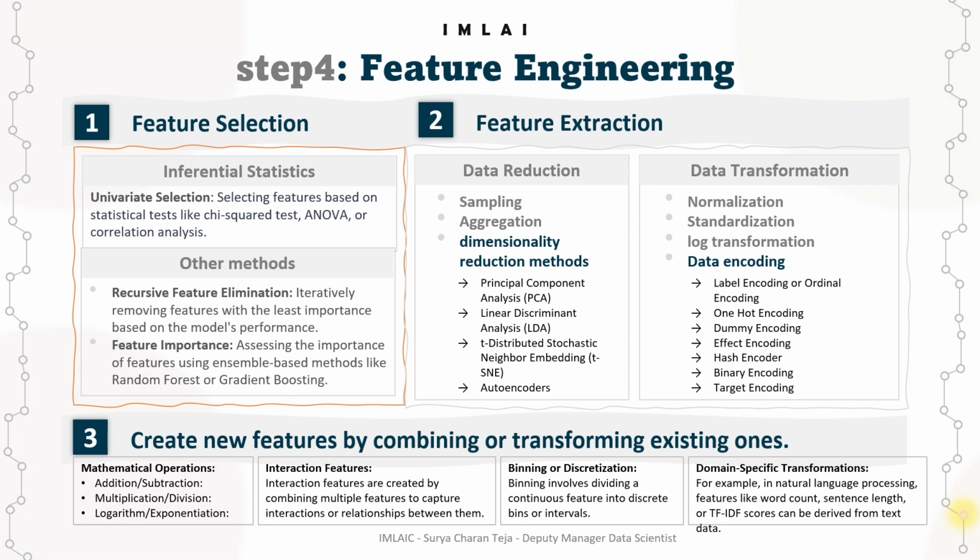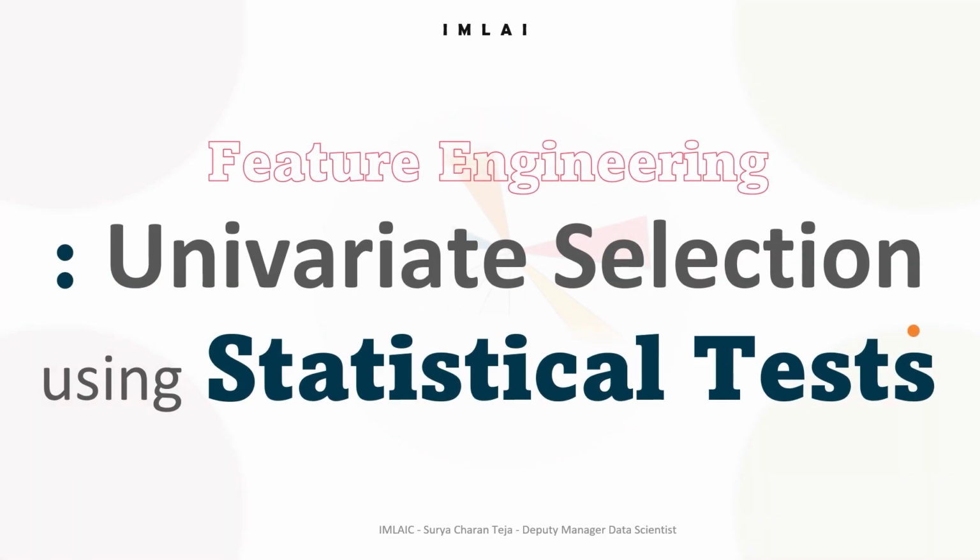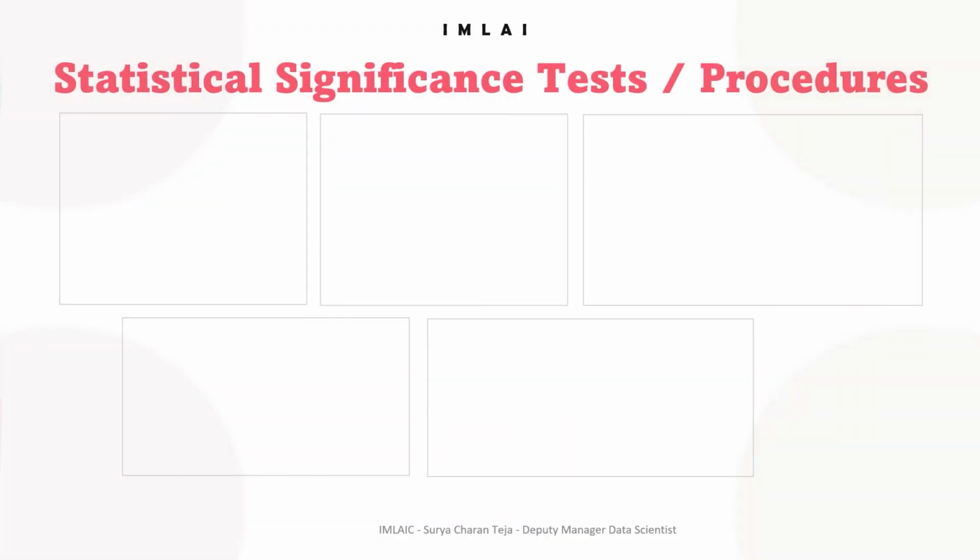Under feature selection, we will start with univariate selection. To do the univariate selection, you have to use statistical inference or inferential statistics, and specifically statistical tests from inferential statistics. That's where we'll begin. So for univariate selection, we require statistical significance tests, or statistical tests, or we can also call them statistical procedures,